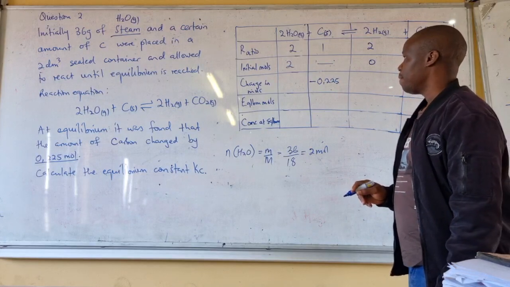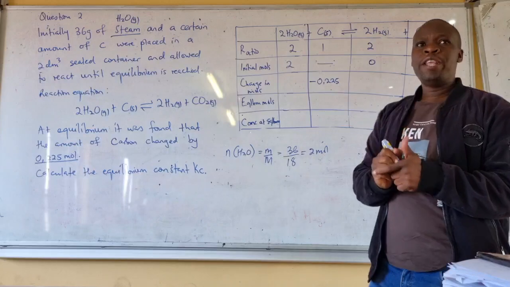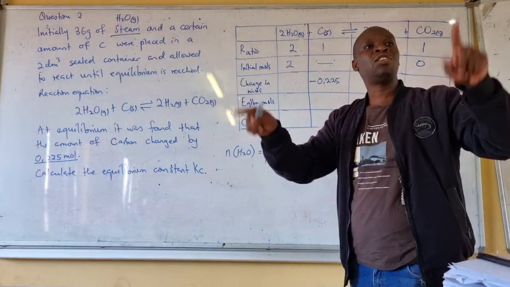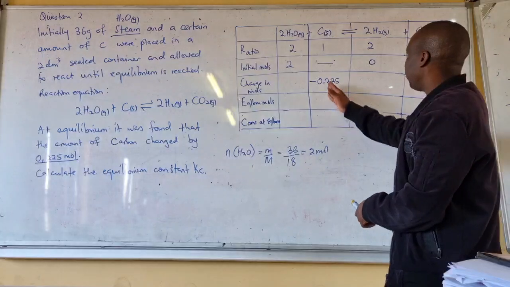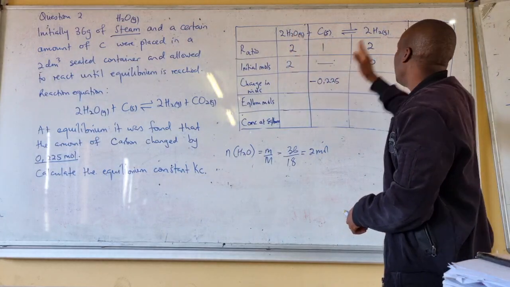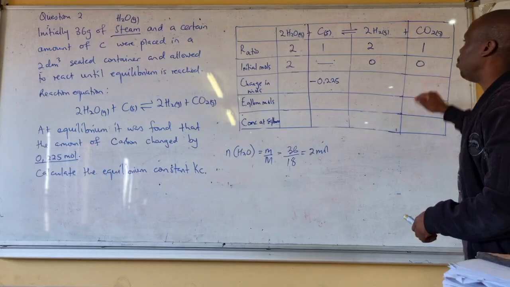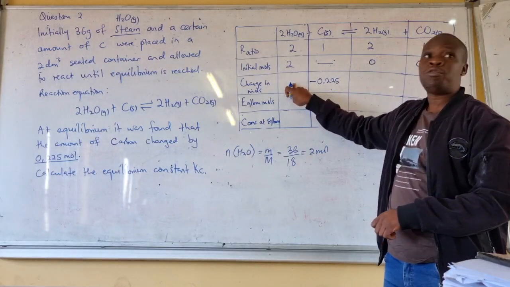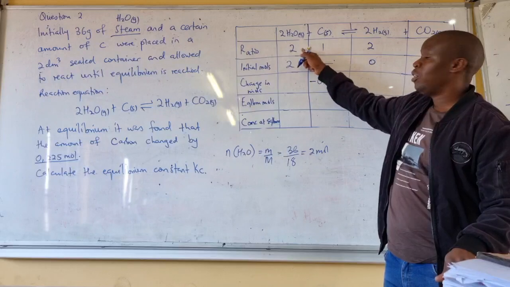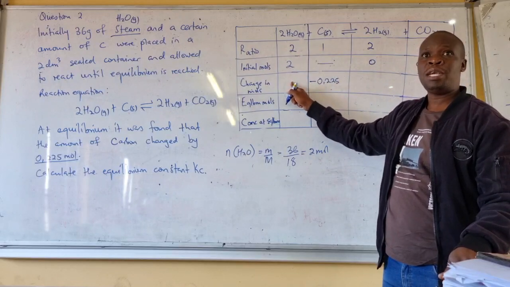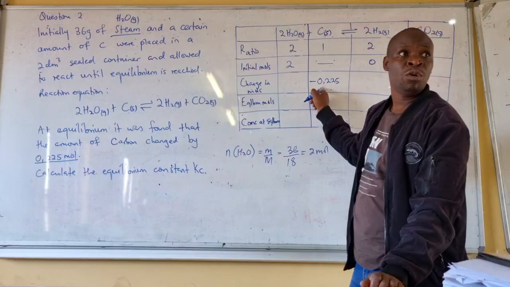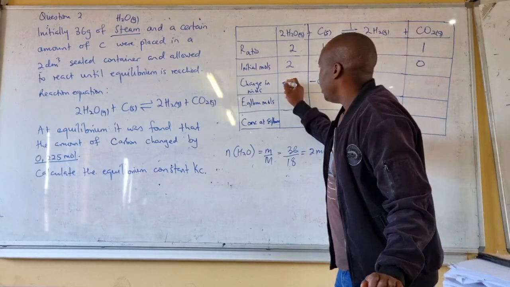Okay, so now, like I always say, with the change of just one substance and the ratio, you can determine the changes of all the other substances. So we have our change in moles of carbon, we can determine the change in moles of water or the steam, change in moles of hydrogen, and change in moles of carbon dioxide. Right, what will be the change in moles of water or the steam? It's 1:2. So it means whatever comes here must be double this, because 2 is double 1. Okay, so you multiply this by 2, it will be negative